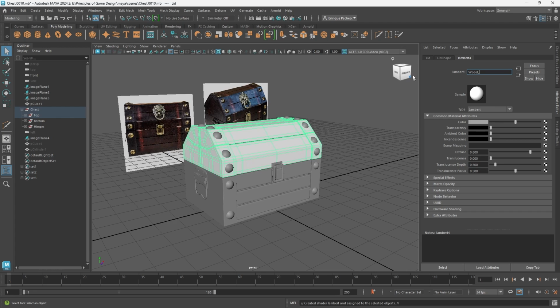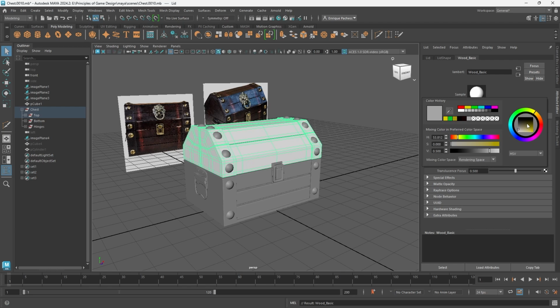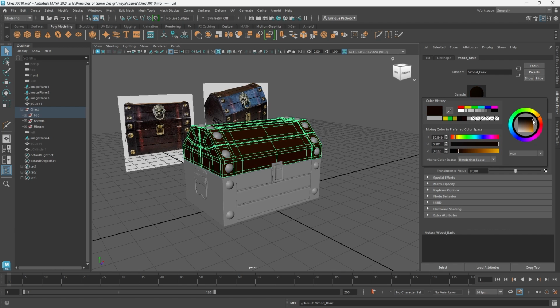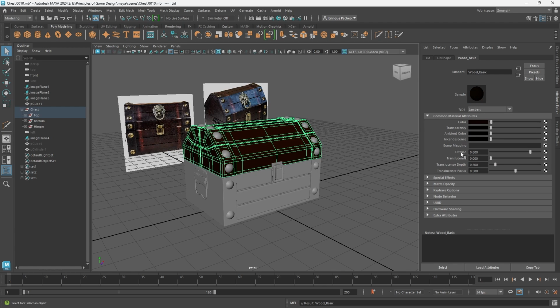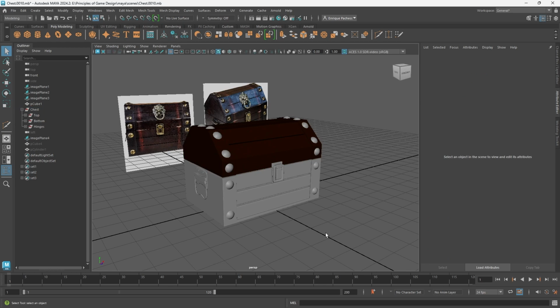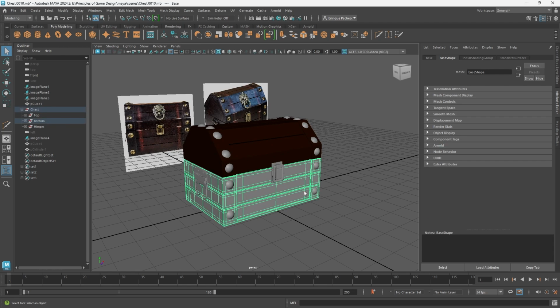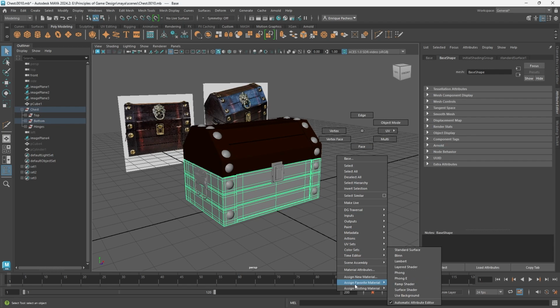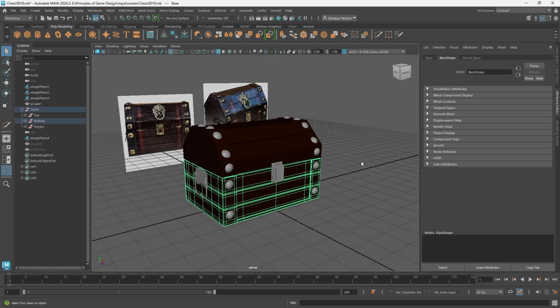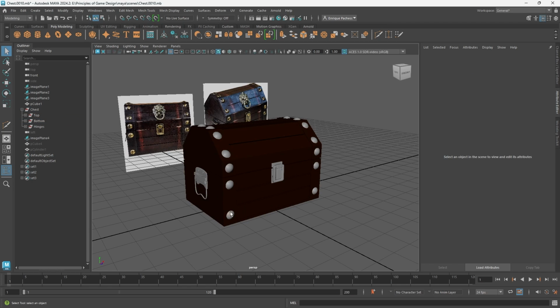I'll name it wood_basic, and we can then change our color to something a little bit more hazelnutty. Try and match the wood over here in our reference image. Sure. Then select our base, hold right click, assign existing material, assign that wooden texture again, and then we can